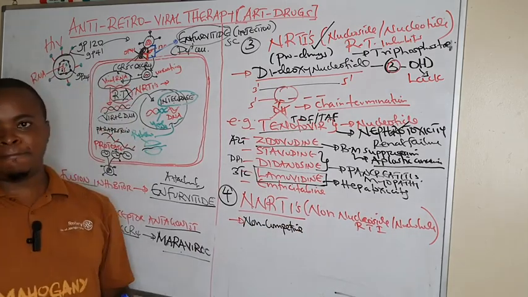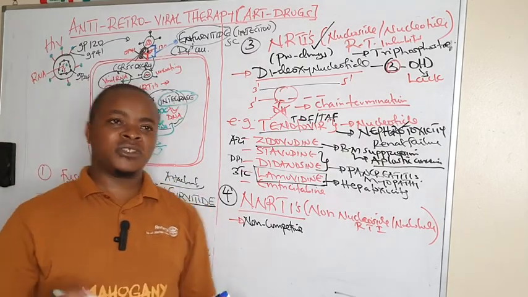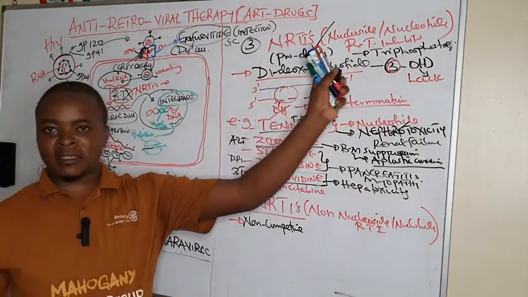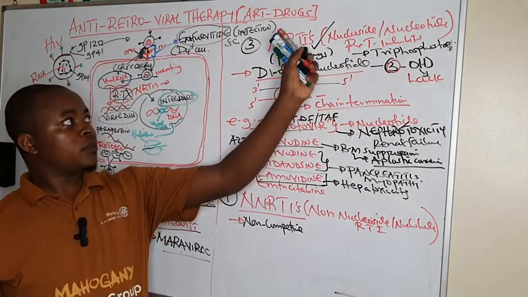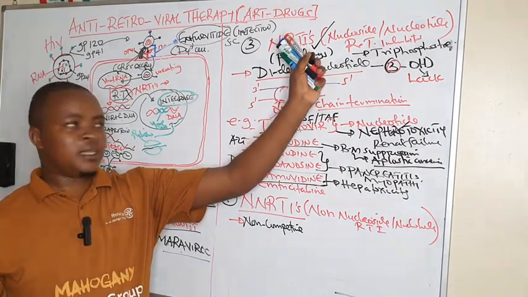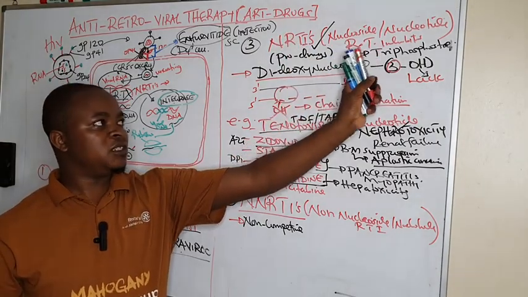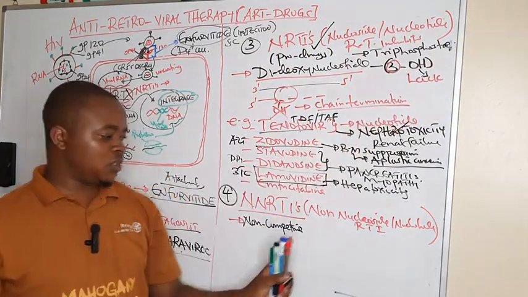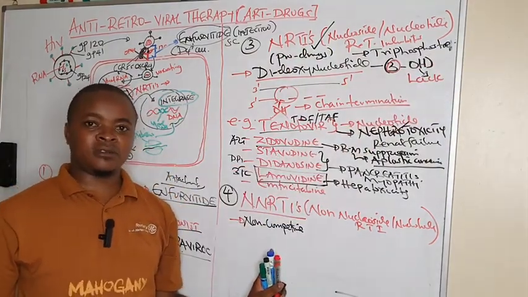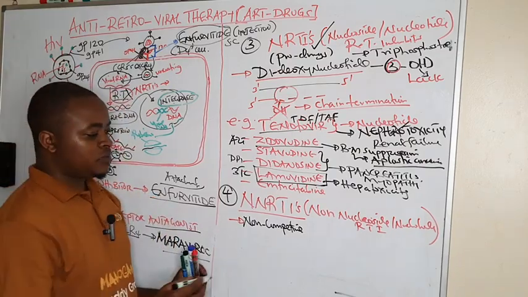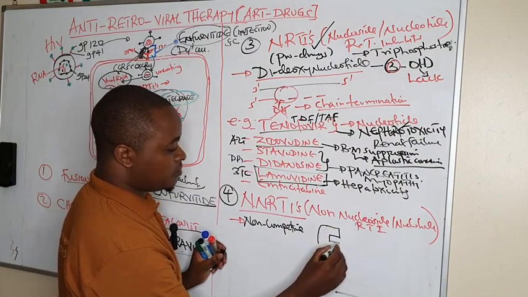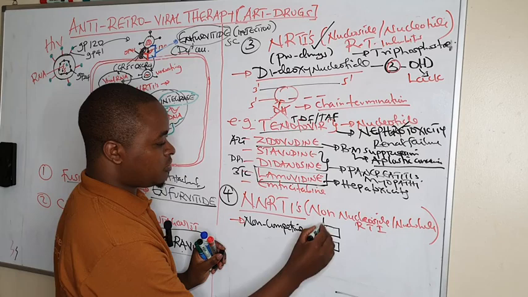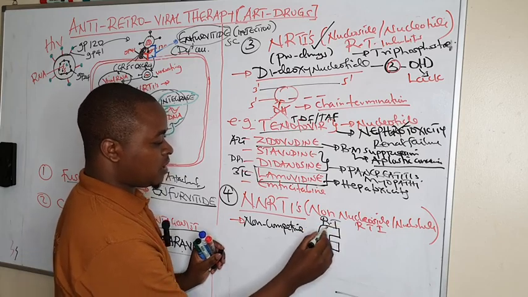And we have seen that NRTIs are pro-drugs, but these ones are not pro-drugs. We have seen NRTIs need to first be phosphorylated to a triphosphate. These ones don't need phosphorylation. And how do they work? If this is the enzyme known as reverse transcriptase,